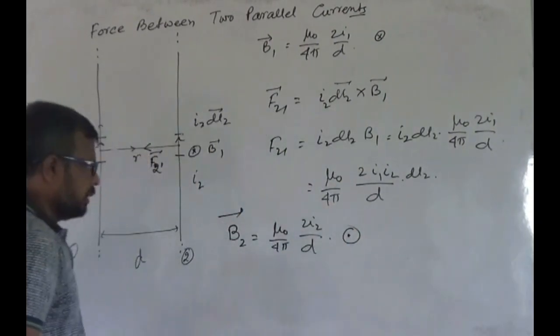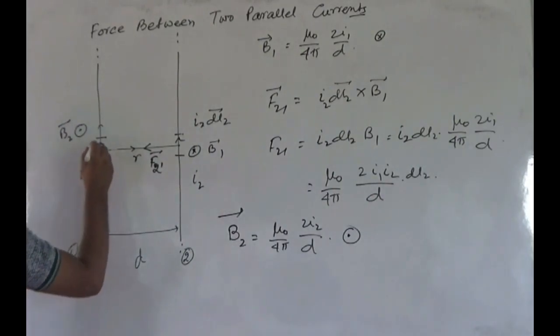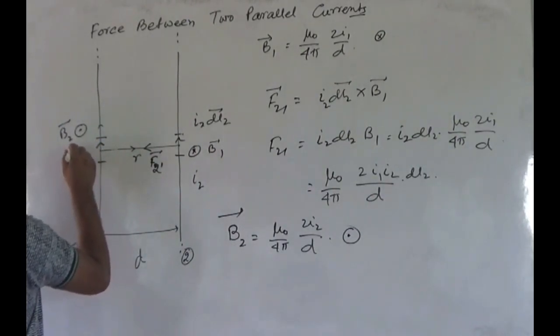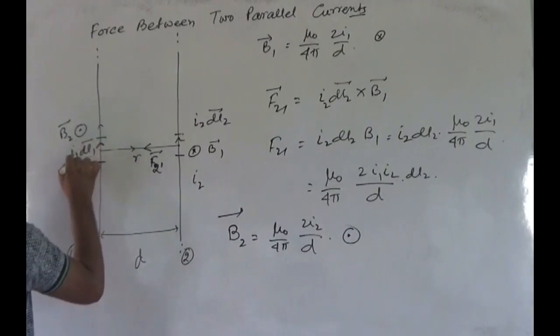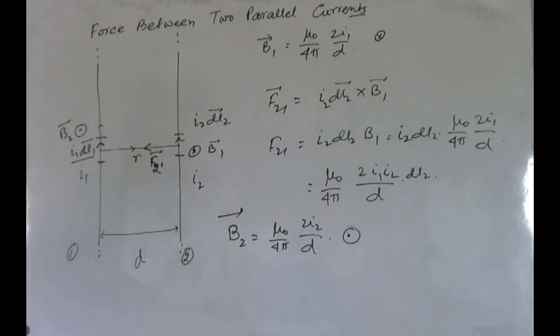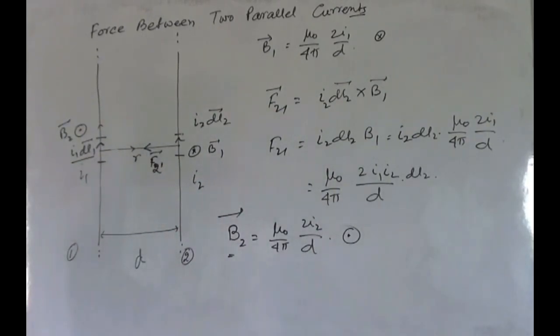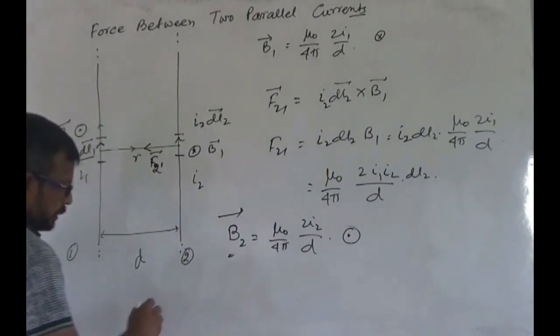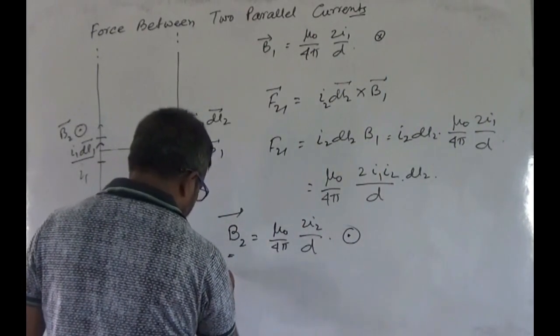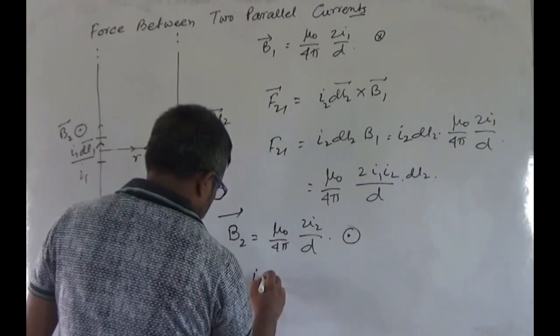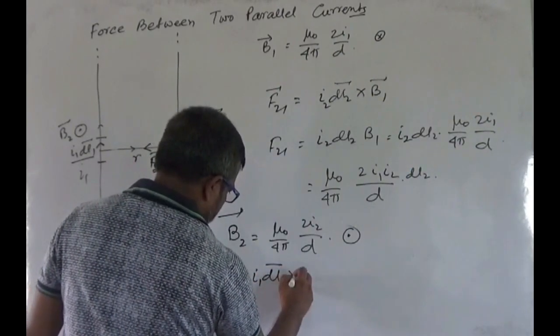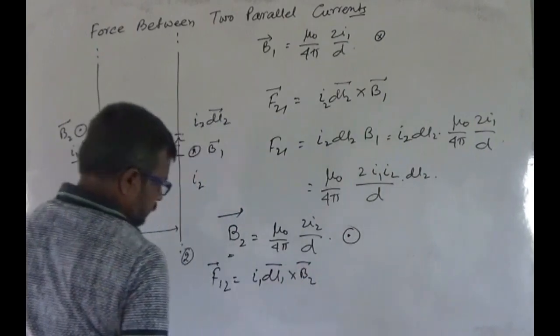This is B2. Now, we consider a current element I1 dl1. This current element is in the magnetic field B2 due to the conductor 2. Then it will experience a force, and that force is F12 equal to I1 dl1 cross B2, and the magnitude